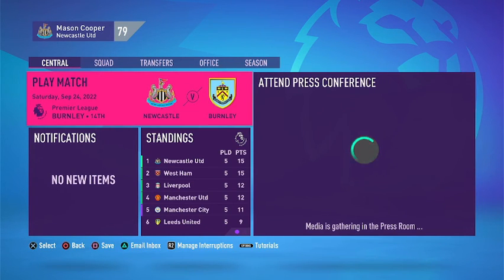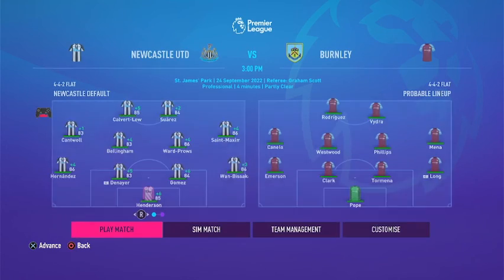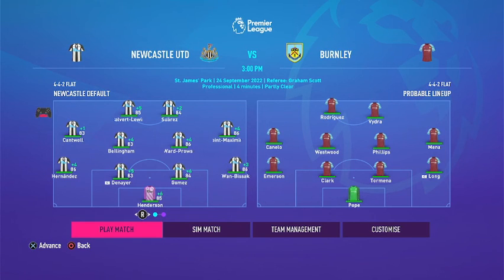But anyway, we are going to be simming against 14th place Burnley. And like I said a few seconds ago, this is another tricky team. Whereas we're still tied with West Ham. West Ham's having a hell of a start of the season so far. But you can see their team. They have